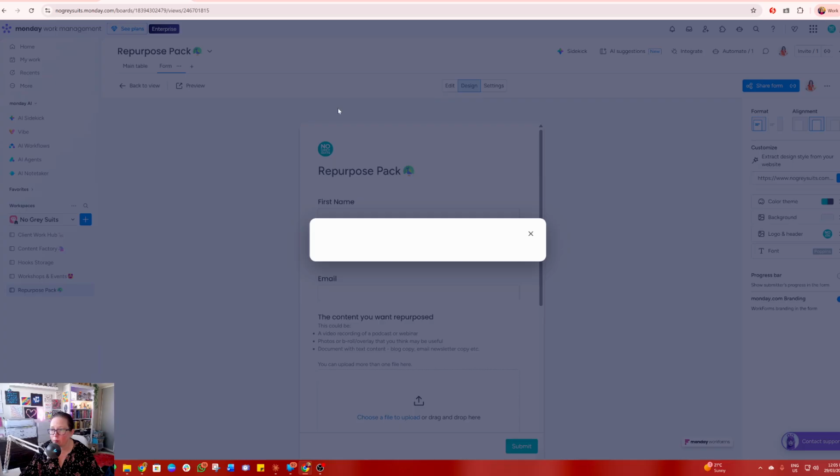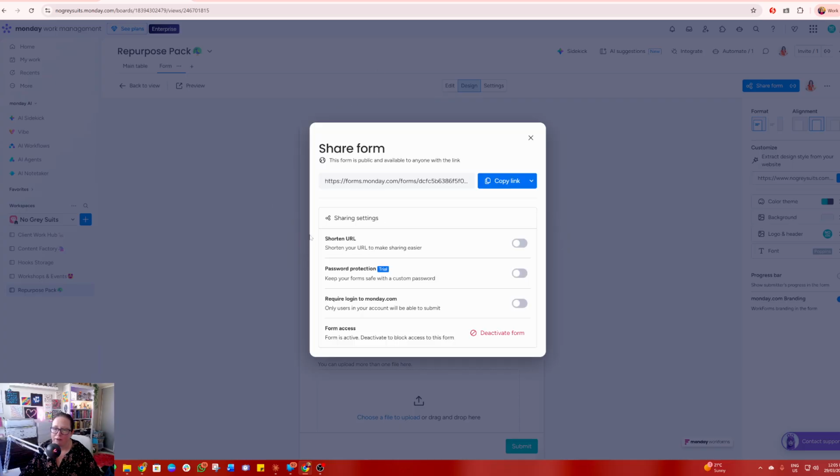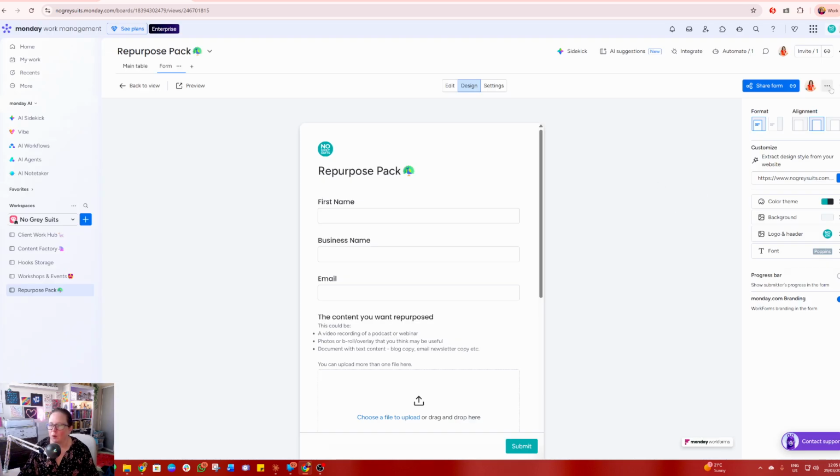Now, if I want to go share form, I have a few options here. I can either share the URL, I can share it with a shorter URL, I can put a password on it, I can require a login to Monday. So this might be if I have boards set up where my clients or my guests can actually come in and have a look at their stuff, which we might do later. Or I can,